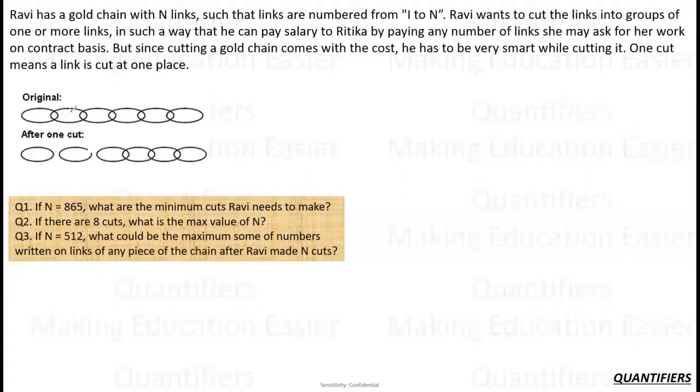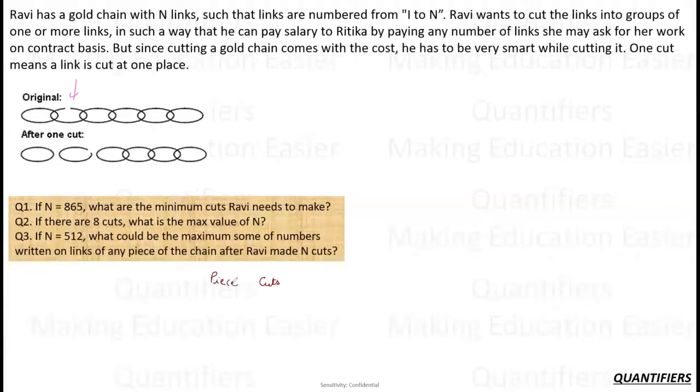So let's say I'm breaking it here, right? I'm breaking this coin right here. So if I'm breaking this coin right here, I can dislocate this. मैं इसको यहाँ से निकाल सकता हूँ और इसको यहाँ से निकाल सकता हूँ. Which means how many pieces I will have? One cut will produce